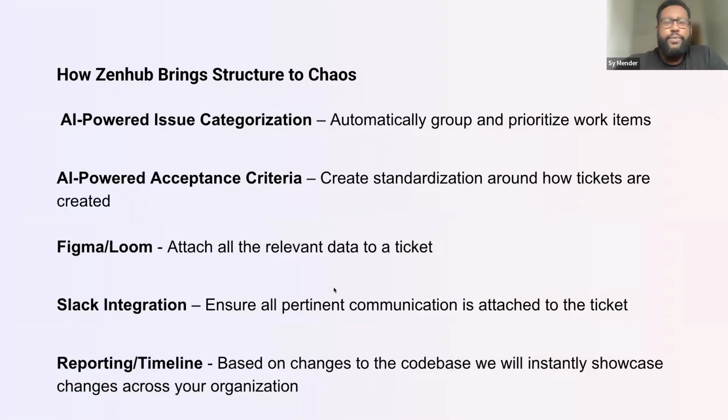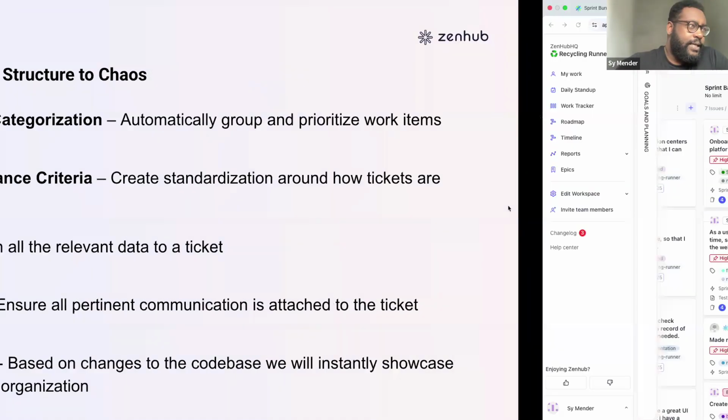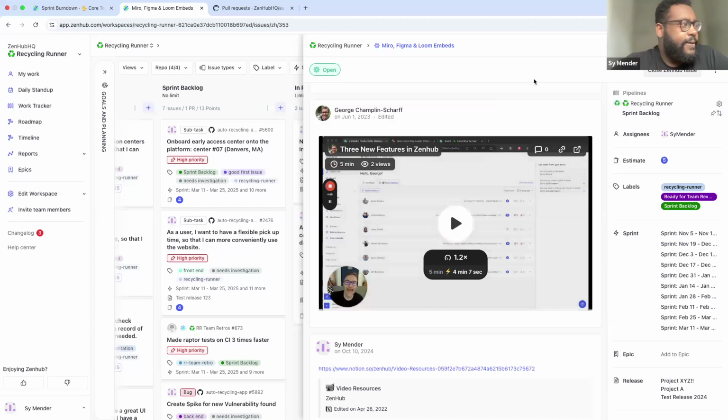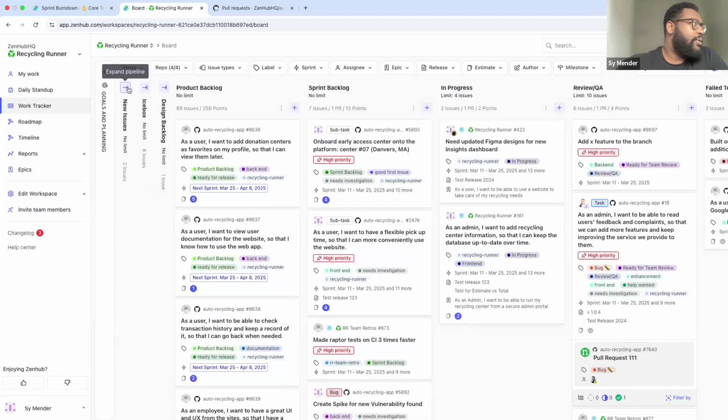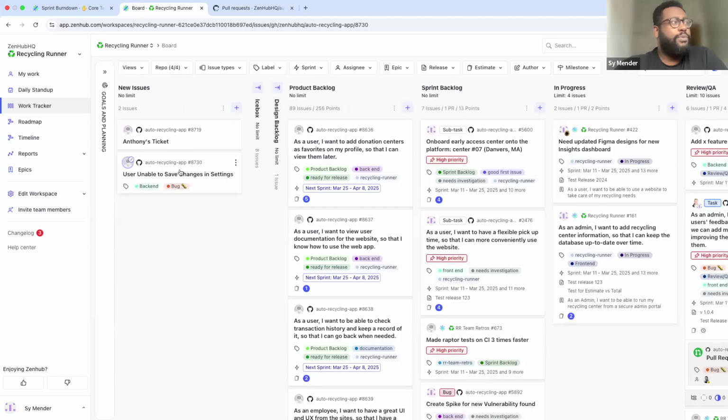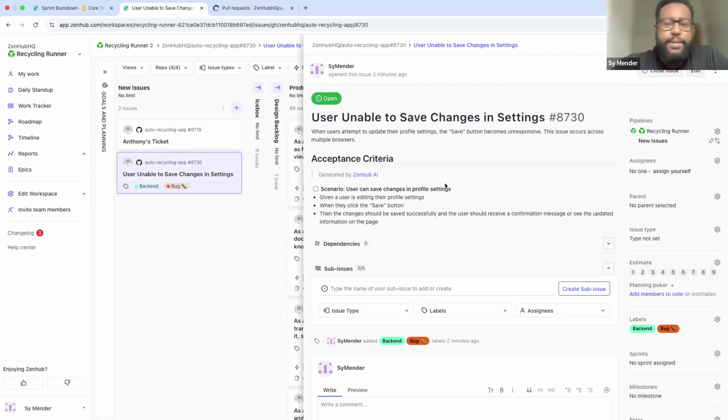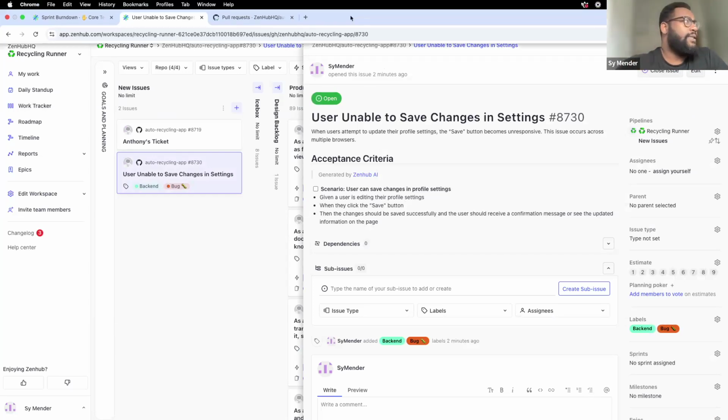And that also ties in really well to our concept of integrations in general, right? When I was mentioning the ability to use specific tools and being able to add the other tools within our tech stack to Zenhub itself, one of those critical pieces of infrastructure that we use here internally, and I think a lot of you might as well, is Slack itself. And so what we have is the ability to actually take one of those new tickets, like the one we've just created here, and to add any pertinent information to this ticket by using Slack.